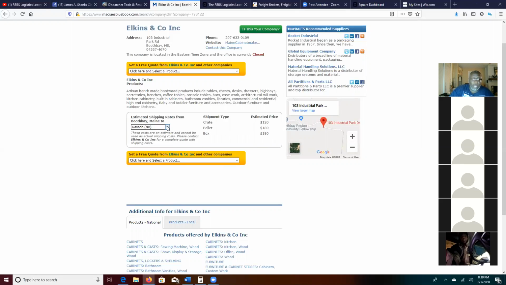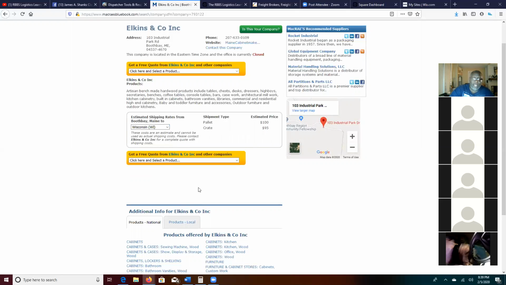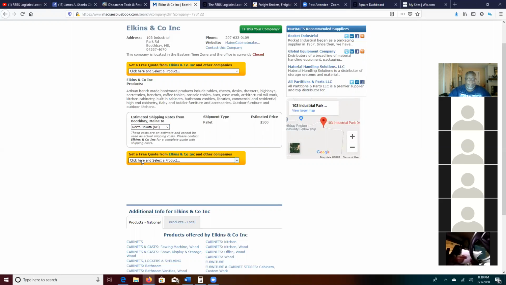So depending on where it's going, they're going to give you a generalized rate so that they can start. These are just numbers that they're throwing out, generalized. They're not anything concrete. There's nothing where you're going to say, okay, so y'all pay this much money. No. These are generalized numbers, okay? Just to give you an idea of where they're probably going to start the negotiations. Y'all understand?